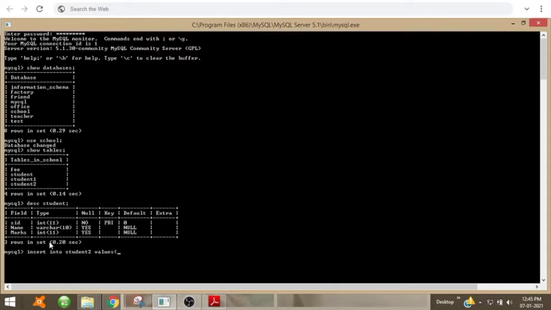Then in brackets, I'm already putting the opening and closing brackets together with the semicolon. Then I'm inserting the values: for roll number, 1. Then for name, I'm enclosing it in single quotes, Anu, comma, marks 98. Error, column count doesn't match.